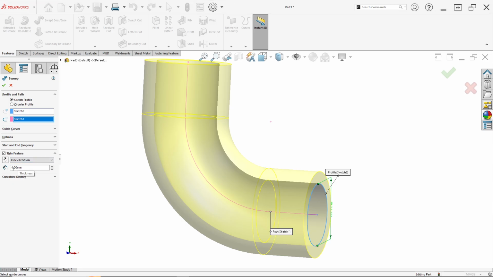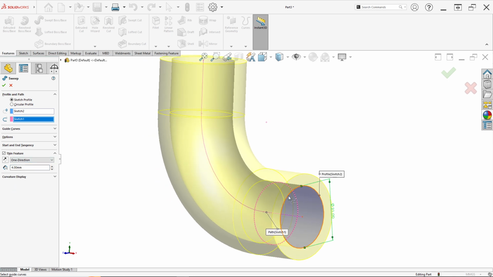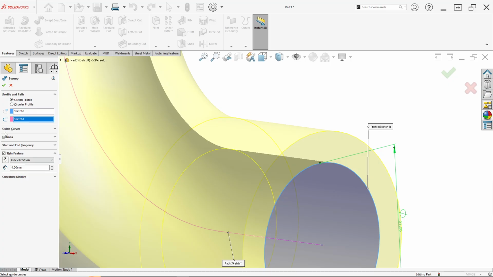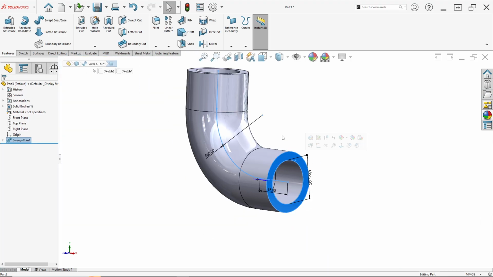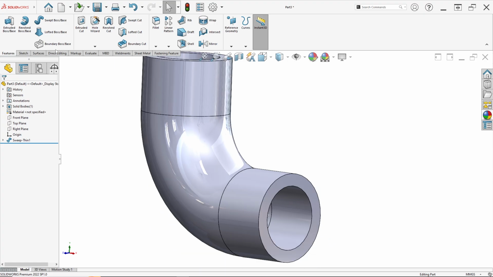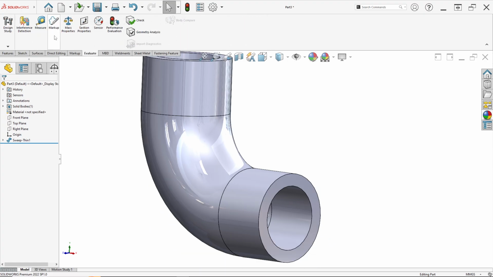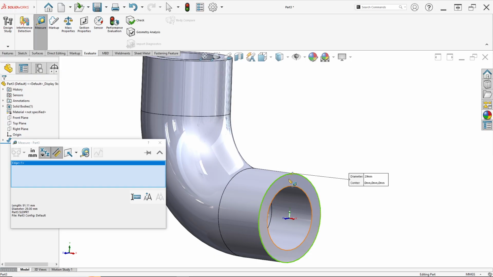So for thickness you must input 4 millimeter and direction to outer, and just click OK, and done. It's so simple. We can check in evaluate and measure the outer diameter, 29 millimeter. It's correct.